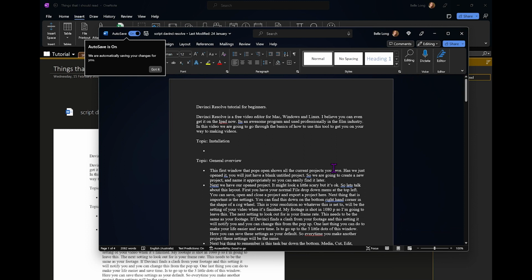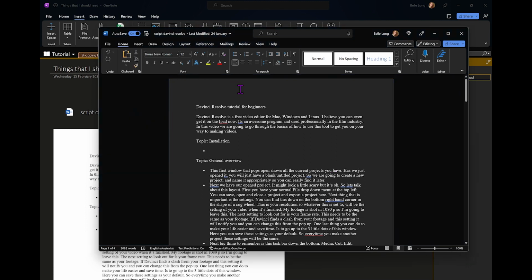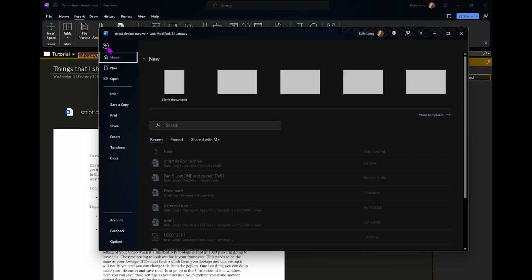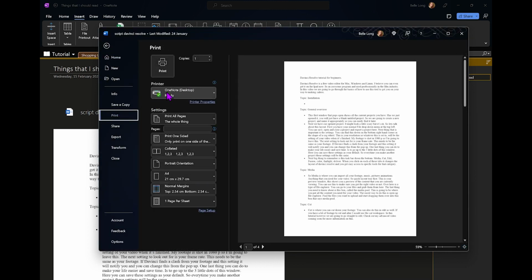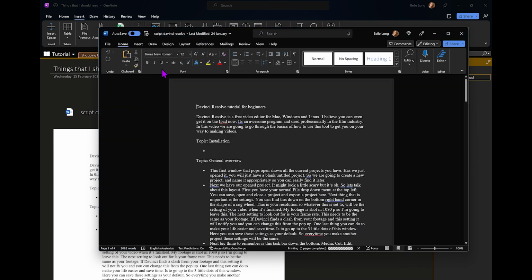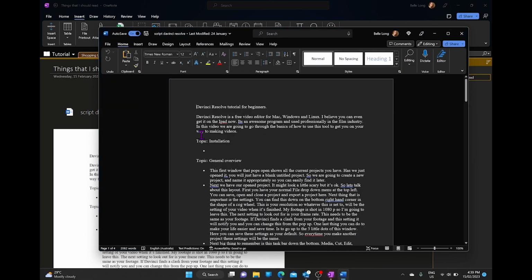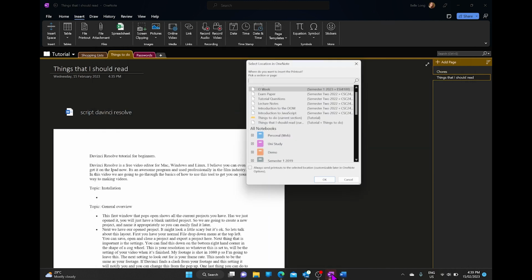Okay, I wanted to show you another thing. Right now we're in Word. This is the same script that we were looking at before, and you can actually go to File, Print, and choose the OneNote desktop, and then Print. Now our little OneNote is blinking. It's got a notification for us. So if we click on that,